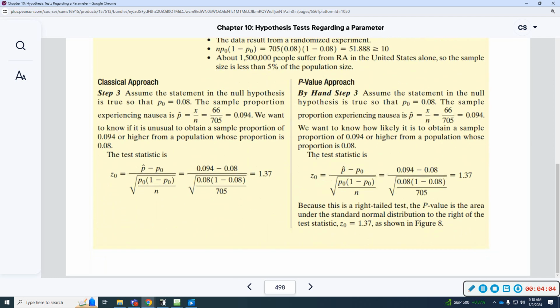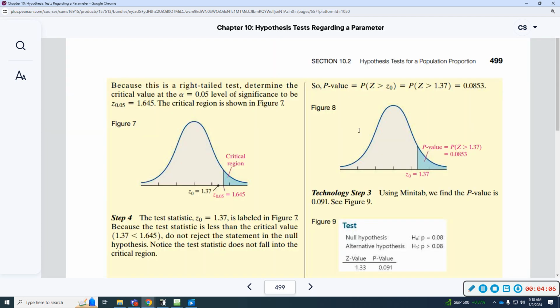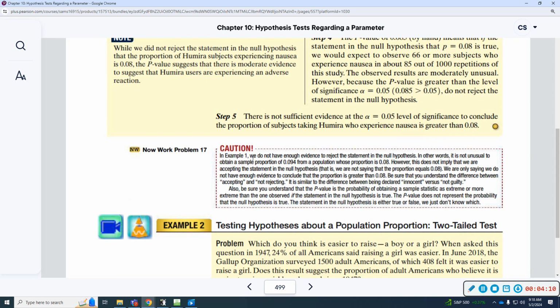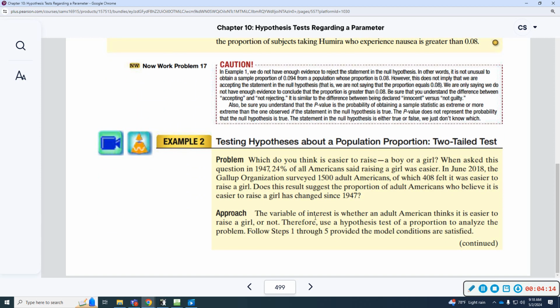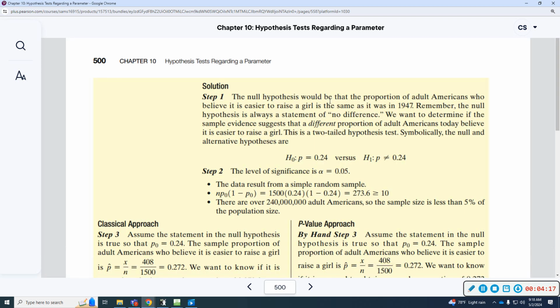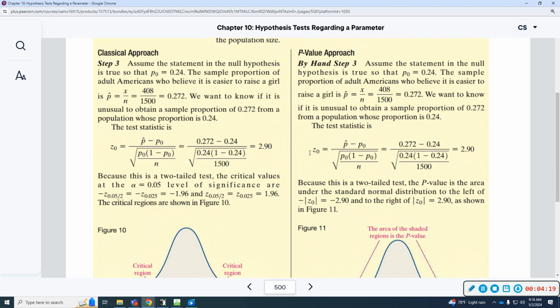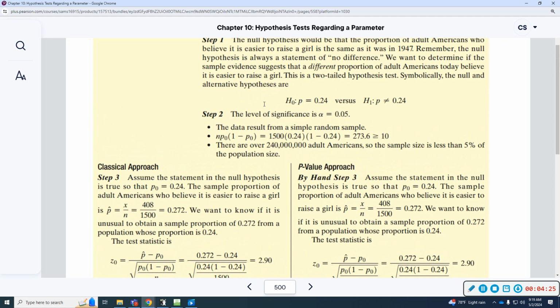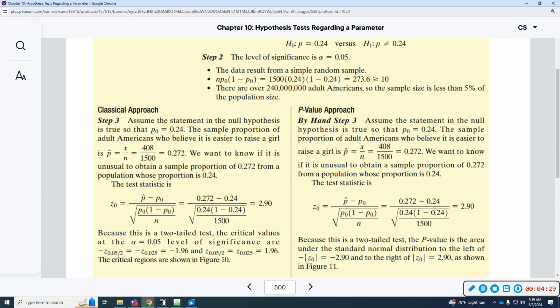And then here's just another example showing you how to use it, giving you some things to look out for and be careful of. Another example provided here. Again, we'll be doing all of these in MyMathLab, but it's good if you want to see how to do it by hand. This is very good. It's telling you exactly everything you need to know, level of confidence, where they're getting the numbers from,